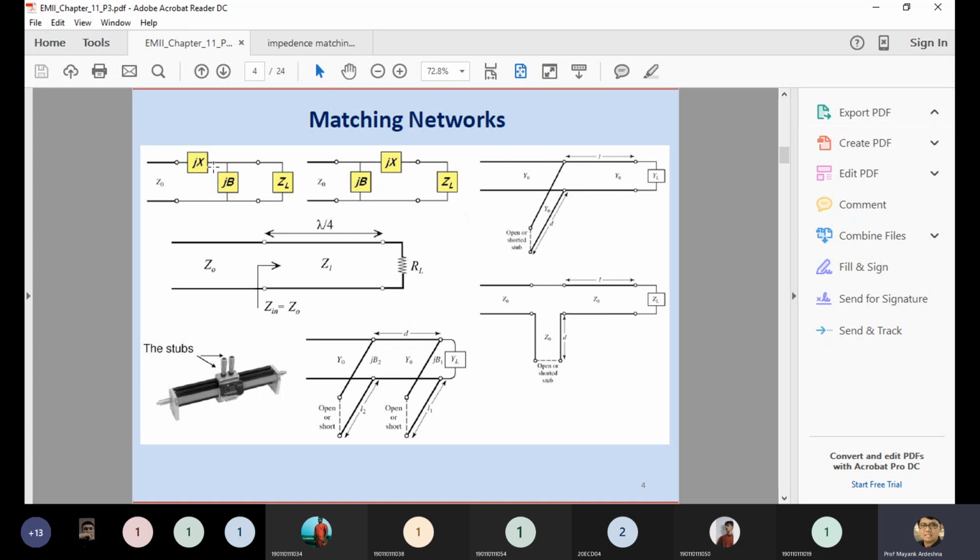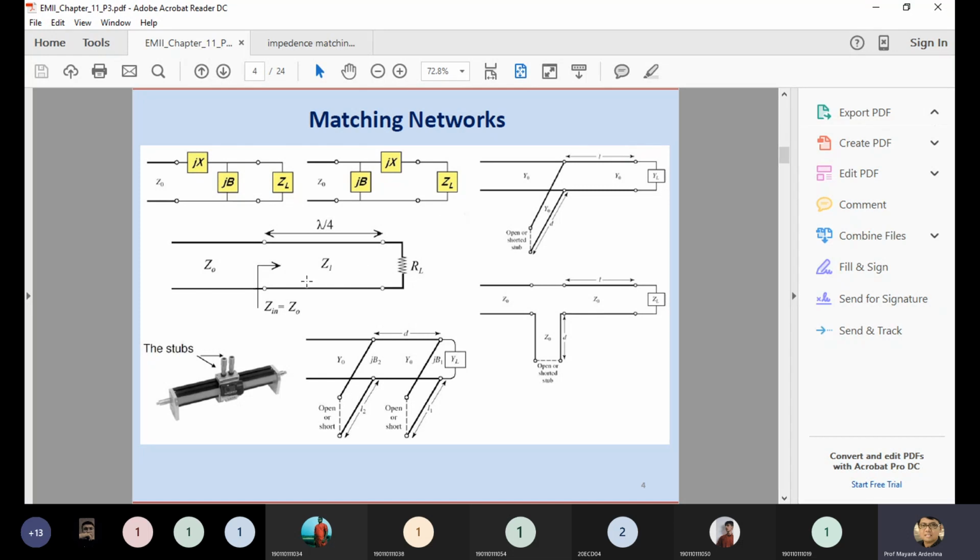So that's why the first figure has a transmission line with characteristic impedance Z0, load impedance ZL, and we have inserted some jX and jB by using the L and C components. These are the extra elements we added, either in a T form or in a pi form. So this is called the lumped T as well as the pi network.